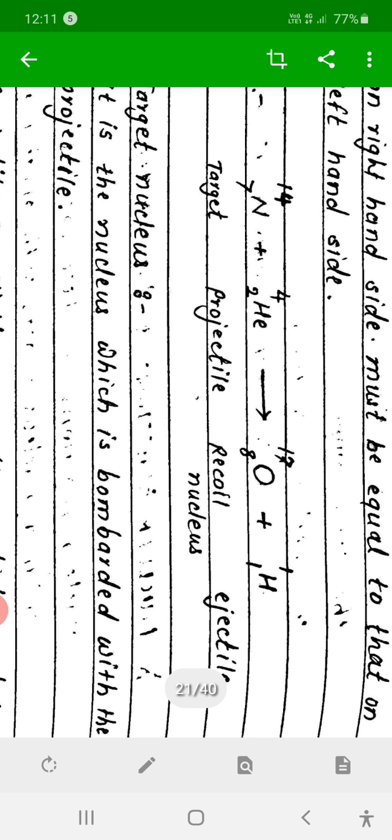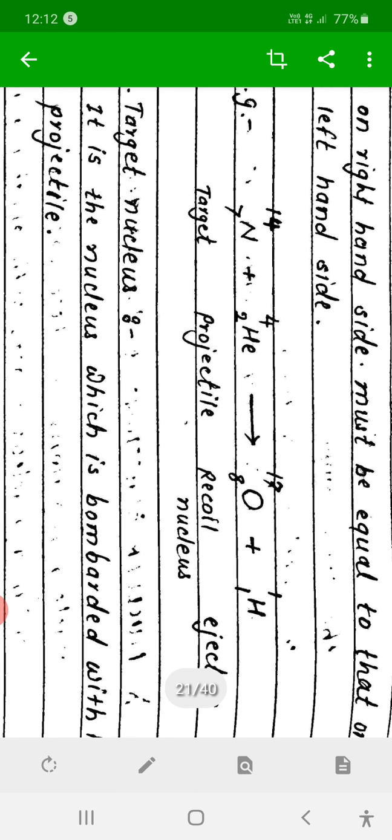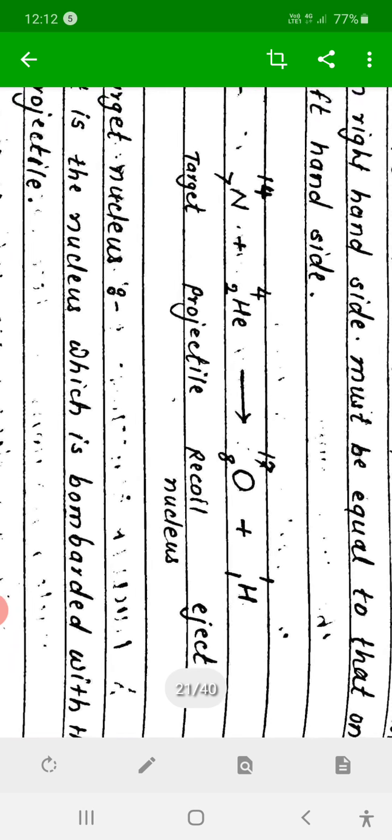a new nucleus, that is the recoil nucleus, and that ejects a small particle known as the ejectile. This is an example of that